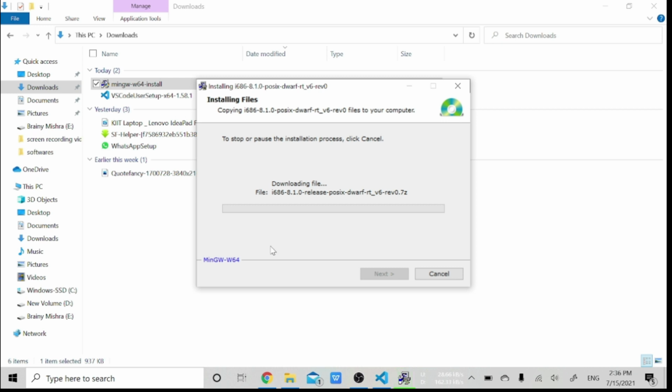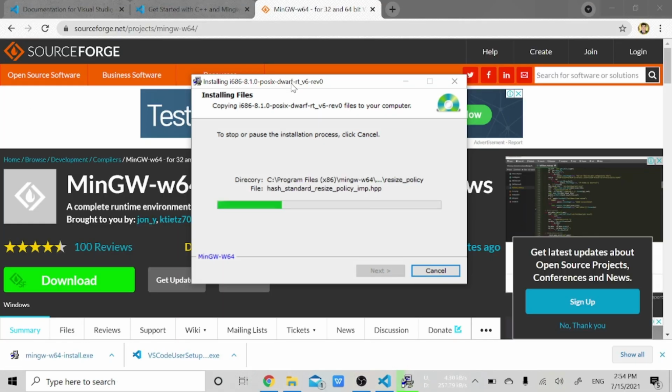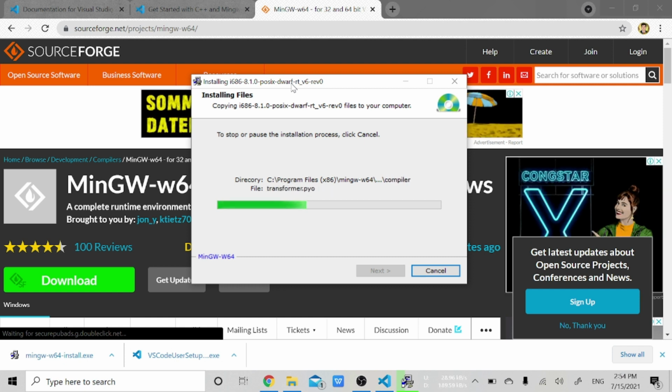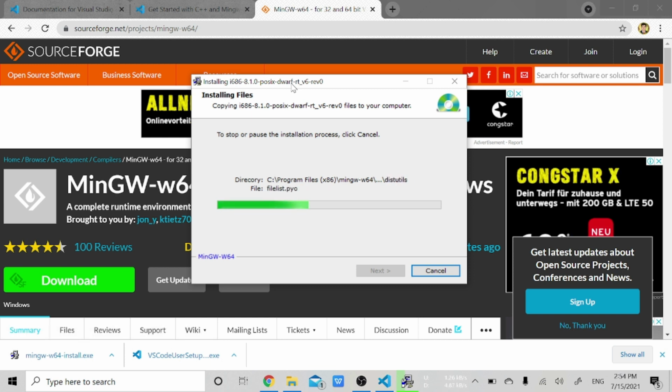After downloading, it will install itself. It will take a little time, depending on your connectivity and Wi-Fi speed. My Wi-Fi speed is a little slow sometimes. After a long time it is installing, and now it is on its final stage of installing. So let it be installed.